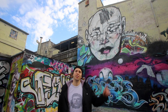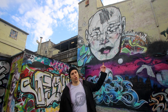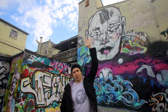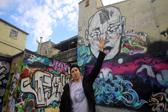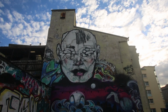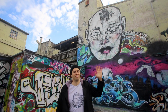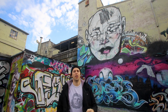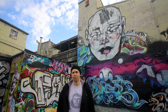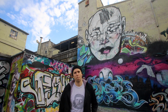I want you to take a look at this Lister piece right here. It's actually really huge, and if you'll notice, it's done in two parts. From the nose down, it's actually redone. There was a piece that went right across there. We know it's a Lister piece because it's his style, and his style stands out anywhere. It's got this very rough hand kind of feel. There's always black and white involved, and also if you see the face, it doesn't have any pupils, which makes it